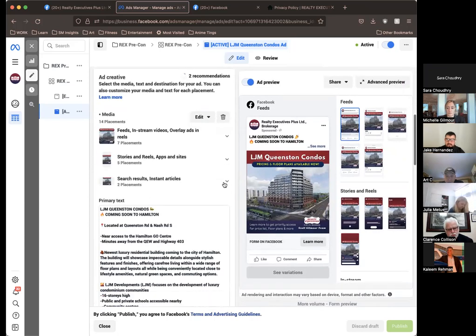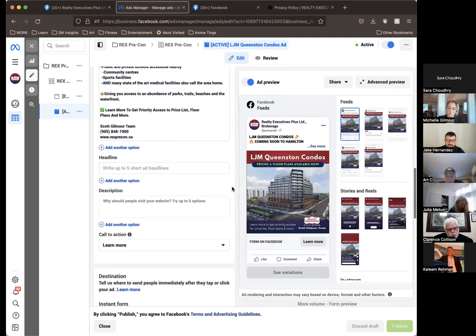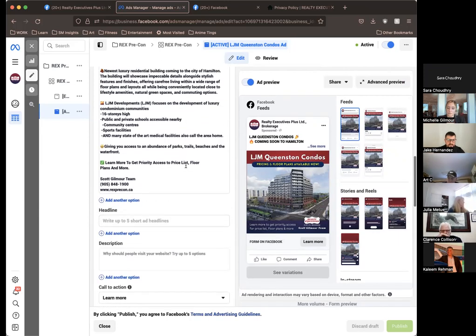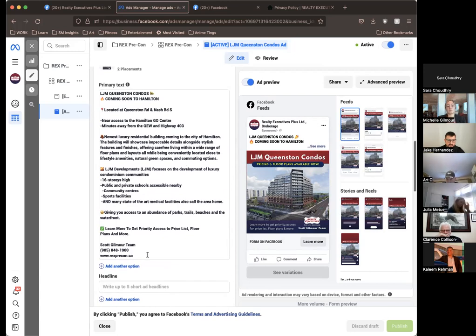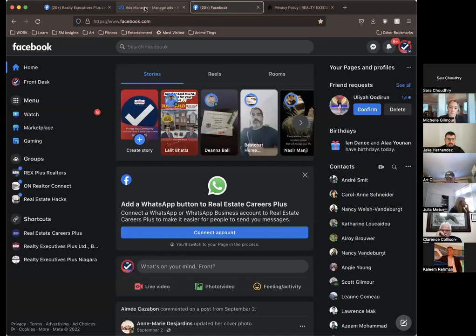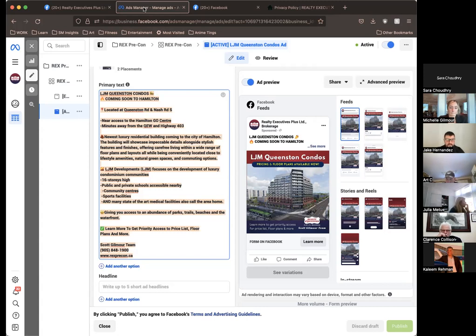But yeah, this is mainly it for Facebook ads. You just want to have your graphics ready, and yeah, just this section right here. Just very straightforward. If you want a cheat code, let's see if I can do it here. If you see an ad on Facebook that you like,